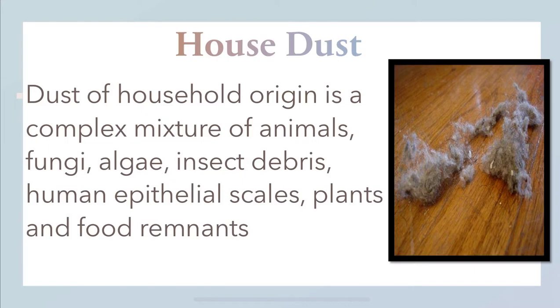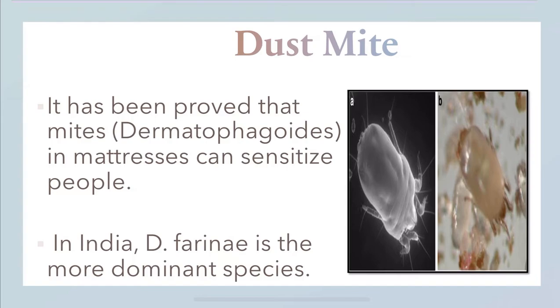House dust. Dust of household origin is a complex mixture of animals, fungi, algae, insect debris, human epithelial scales, plants and food remnants. Dust mite. It has been proved that the mites, dermatophagoides, in the mattresses can sensitize people. Even very soft and woolly mattresses will contain these dermatophagoides, and these can sensitize people